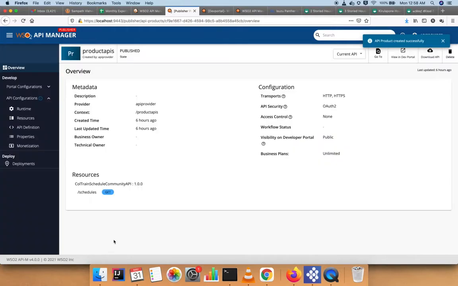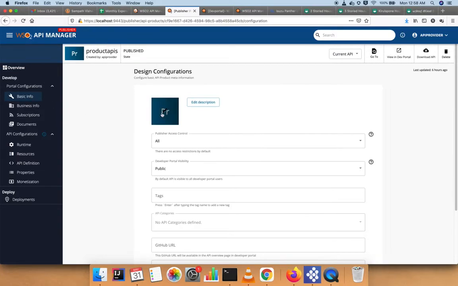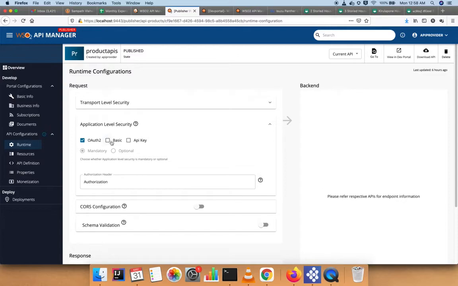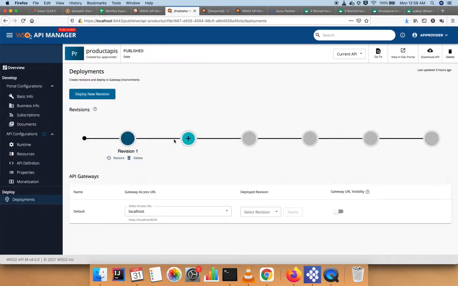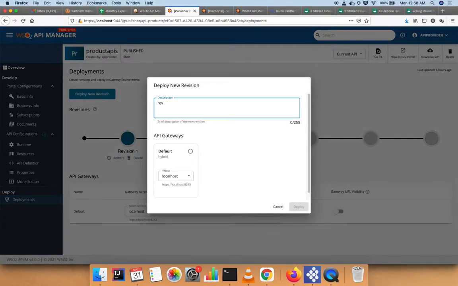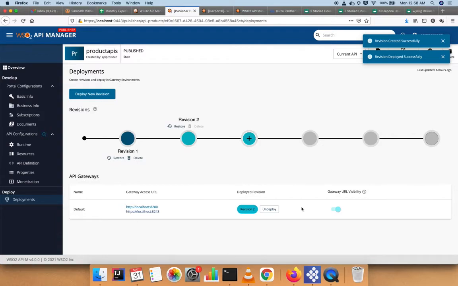Okay, so now the API product is created. I can set the information about this product, I can set the images and other information, and I can set the runtime configuration. Authentication, if I need, I can change that, and schema validation I can change. Then finally I can deploy this API product into my runtime. So now this API product is being deployed into runtime, and people can use that as a digital product. Okay, so I think that covers A2.